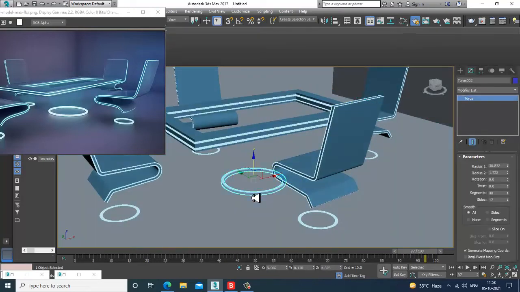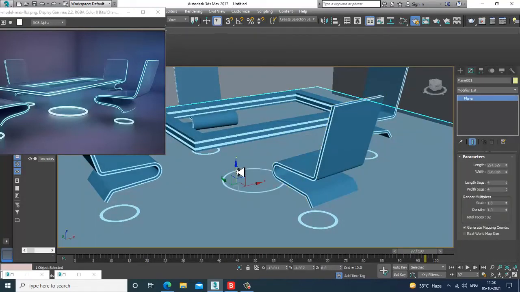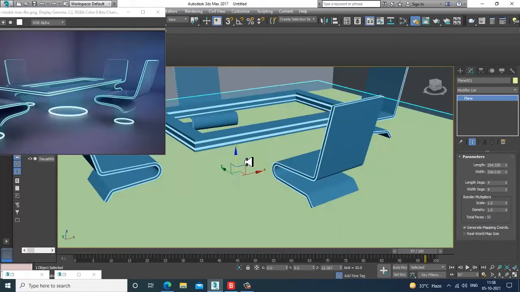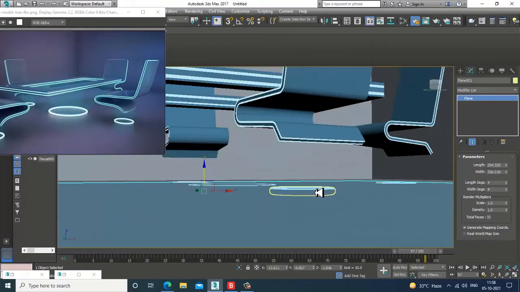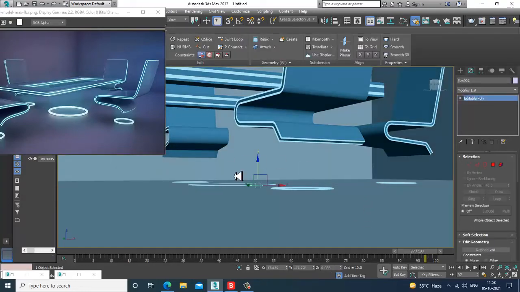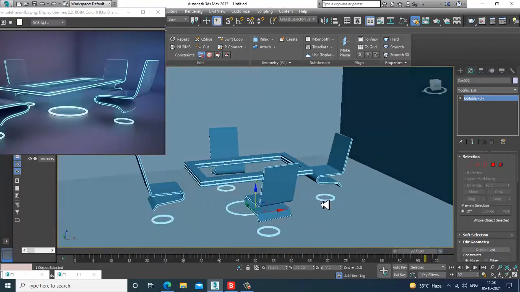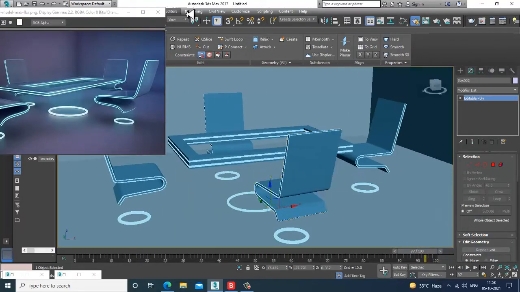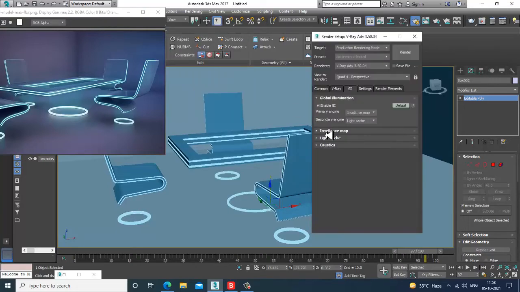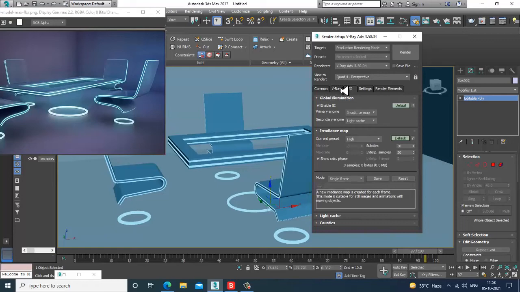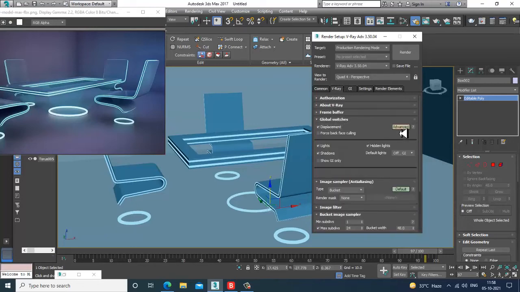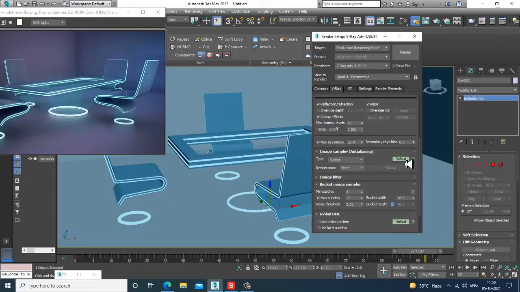I can slightly shuffle this. And now it looks much better. Not going with any kind of lighting stuff.